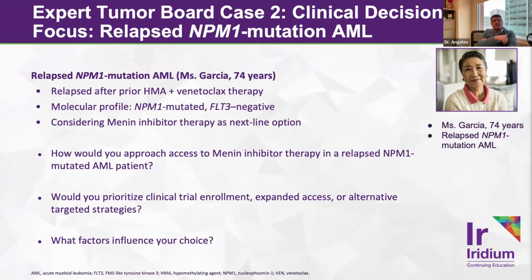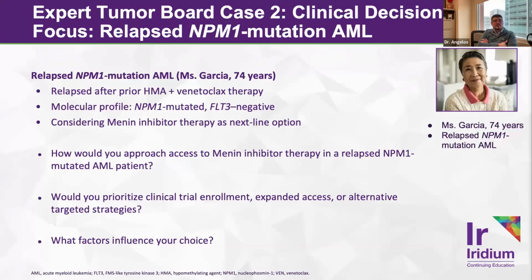Now, the question of which menin inhibitor to use, I think, is still an open question. Very clearly, there have been no comparative head-to-head studies between ziftomenib and revumenib. I don't think that will probably ever happen, to be honest with you. But I think now with the approval for ziftomenib, if I'm able to get it from the insurance company without a problem and it's at a low cost to the patient, that would probably be the one I would recommend.